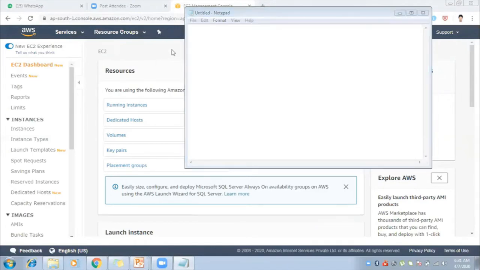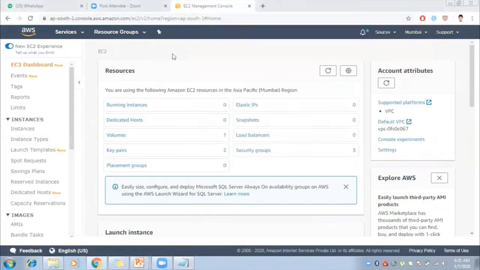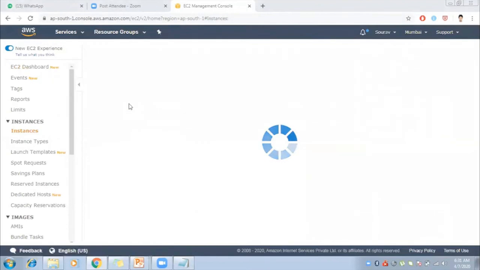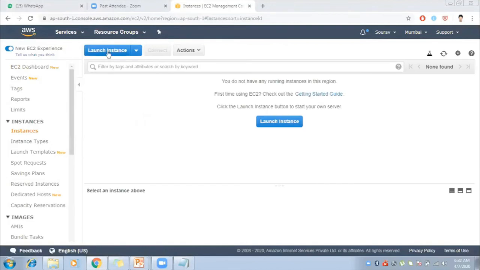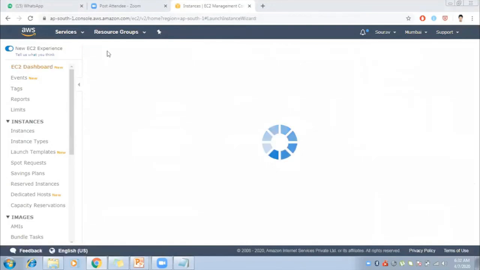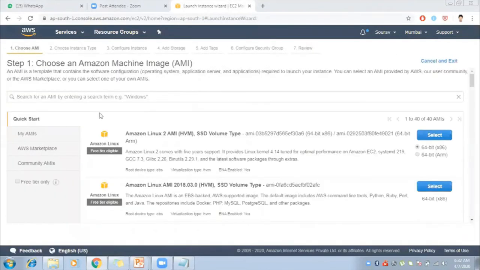The computer is a little bit slow. So we will click on launch instances and install the Linux image.